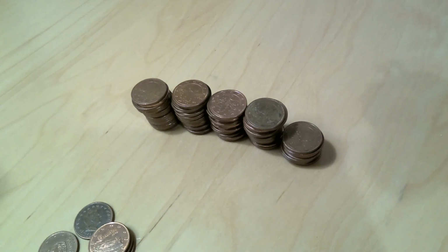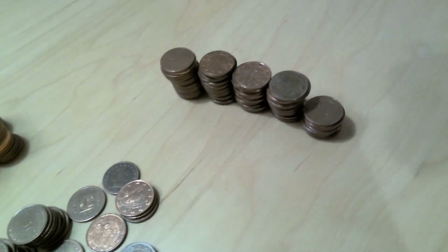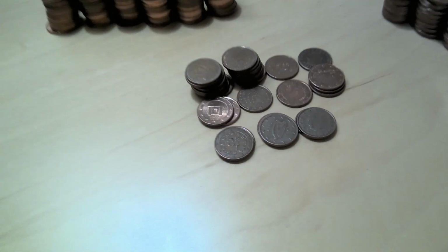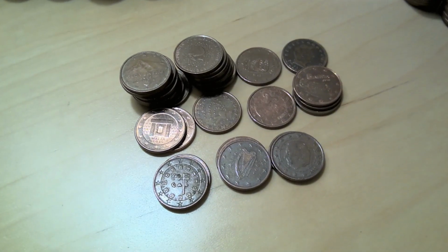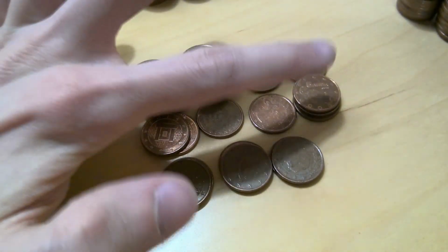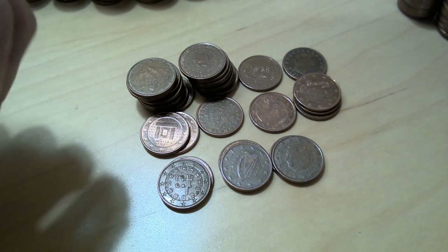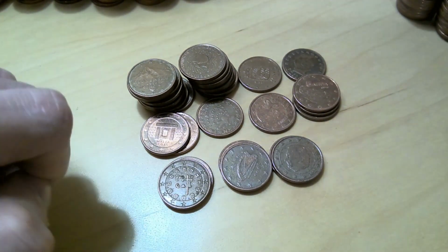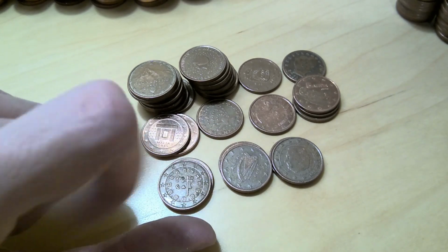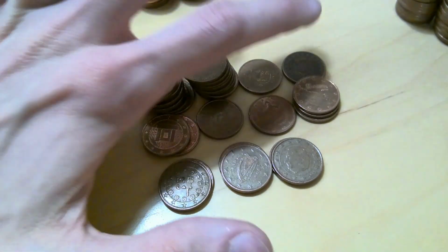Over here we have all of the German coins which we found. Quite a lot of them as well, but to be expected. And right over here we have all of the other finds. We have a pile of Slovak coins and Dutch coins, some Greek ones, only one Slovene right over there, which is a bit surprising, 2 Maltese, which is pretty cool, 2 Portuguese, 2 Irish, and 2 Belgian, 1 Cypriot, 1